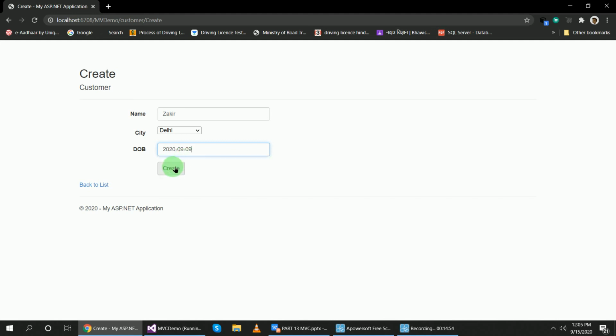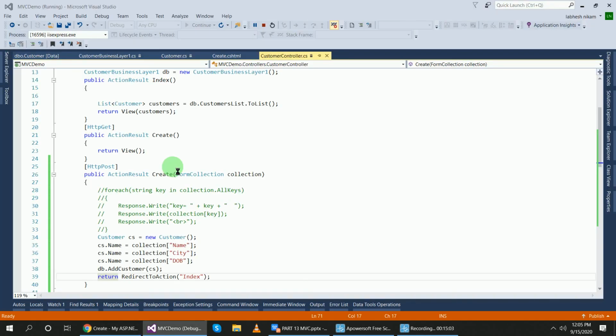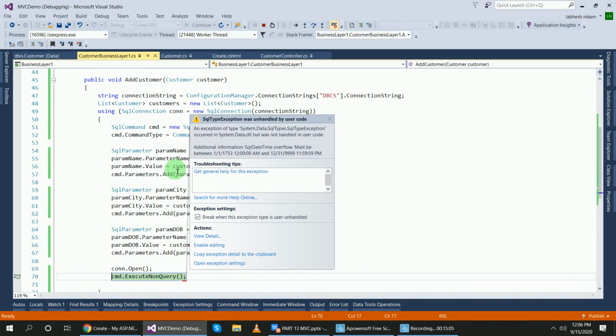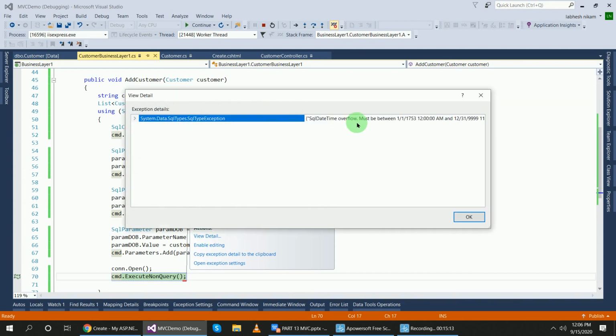Okay, great. So after clicking on this button, we will redirect to the page index. But before that, this error is generated. What the error is? View details. SQL datetime overflow must be between. Okay, 1 to 12, right.